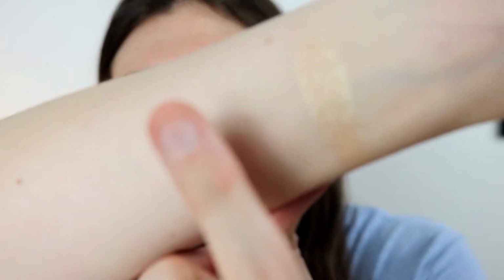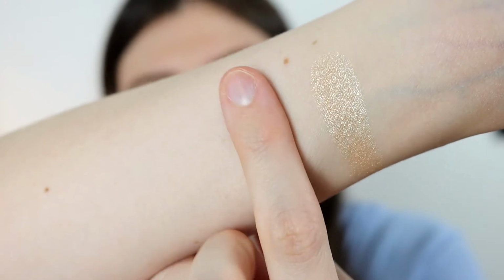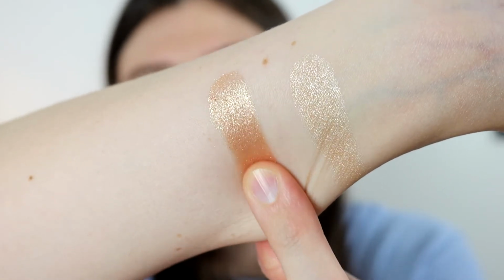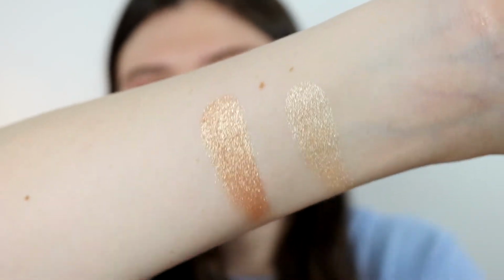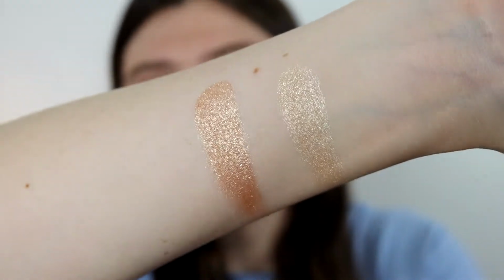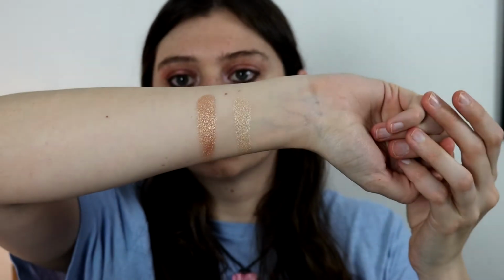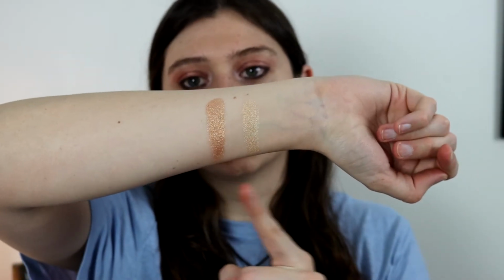So that's the first one. I'm gonna give some space. Actually, no, I'll swatch them next to each other. Here is the second one. And I will do a close-up afterwards, after I've swatched all the shades. It looks like this, and you can just see the depth, I mean, in comparison. So next to the darker shade from the Revlon,